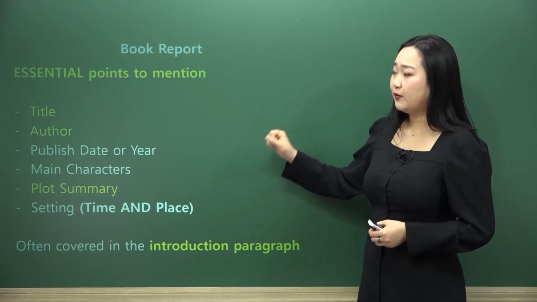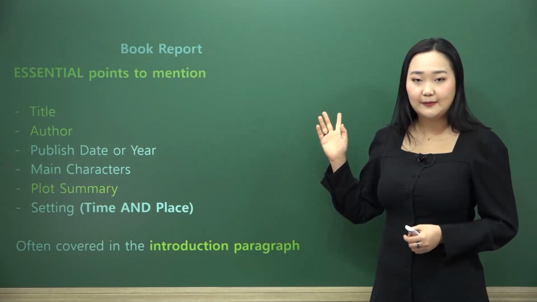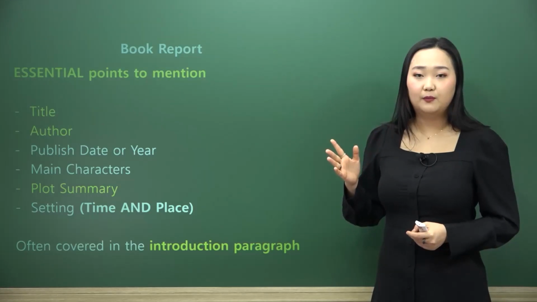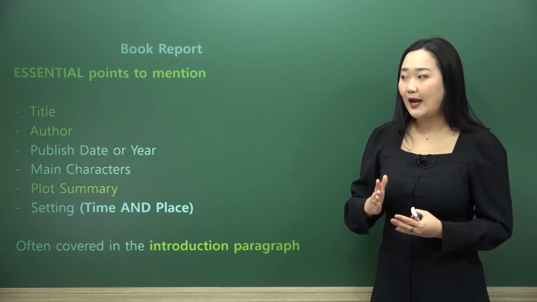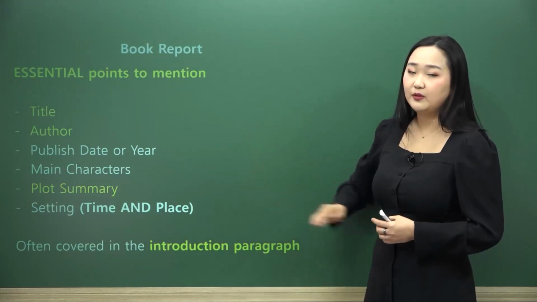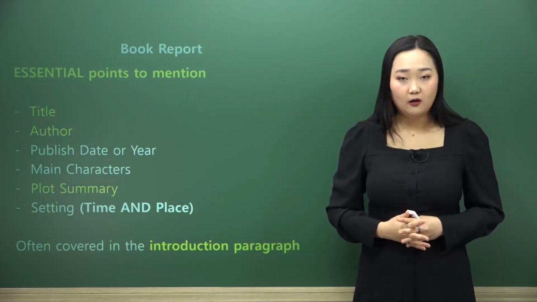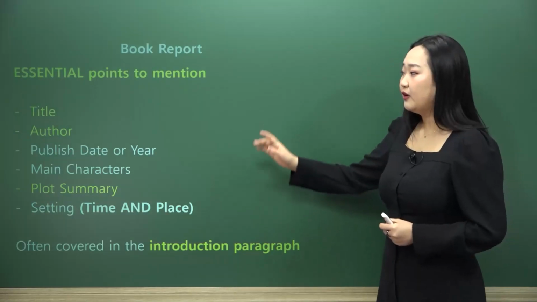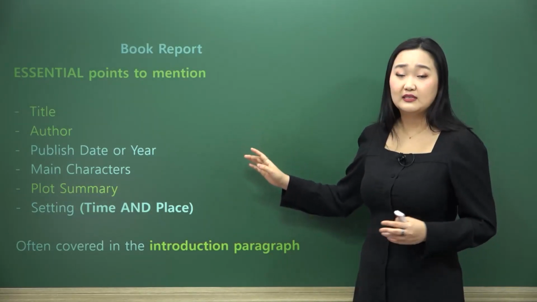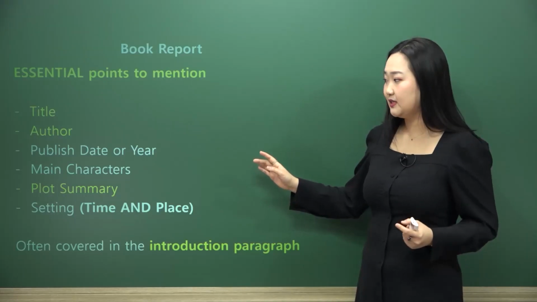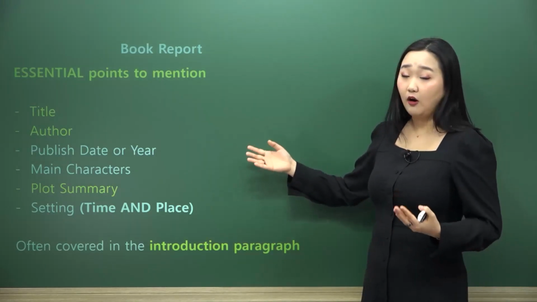Out of these though, if we're to say, okay, this is the one thing that you absolutely need, regardless of whatever book it is that you're writing, this is the stuff that you absolutely need. Title, author, and plot summary, those three are perfectly fine. If you can add the other ones, by all means, I would say you should. However, if you can't find anything else, if the book is a textbook, for instance, which we will be discussing later, then there are no characters.